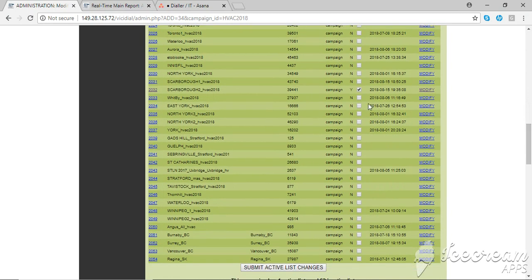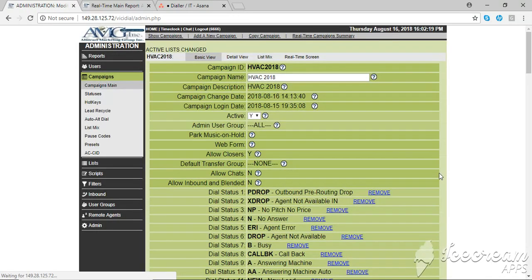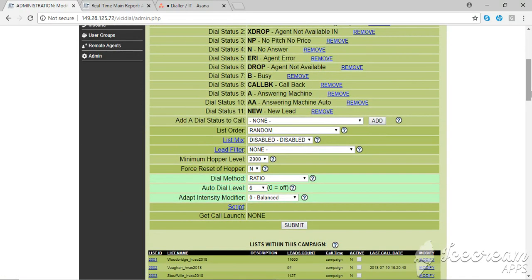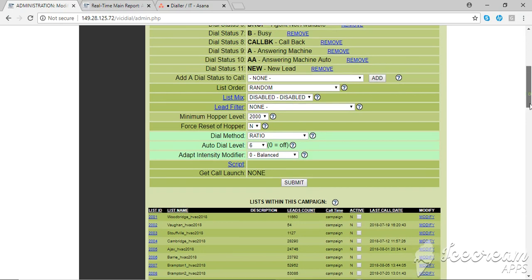If I want to change it to Whitby, I just need to remove the tick from Scarborough. I'll select Whitby, I'll come down, I'll submit here. So automatically Scarborough will be deactivated. Yes, I have to remember to force reset the hopper once again. So this 2000 leads of Scarborough that is there, that will get moved, and we will only be getting Whitby